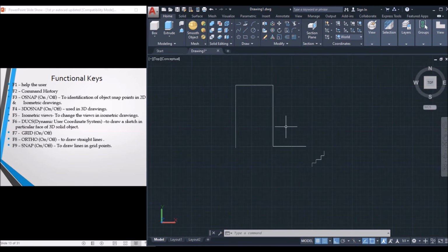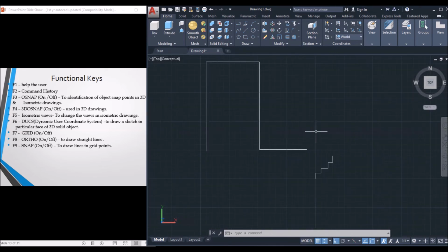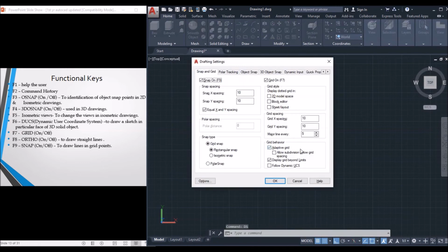Now I want to change these columns and rows, and I want to increase the distance, and this can be done in the drafting settings, DS enter. Okay, so grid spacing between these is 10 and snap spacing is 10, major line is 5, so I want to increase it to 10 and give the grid spacing as 15.